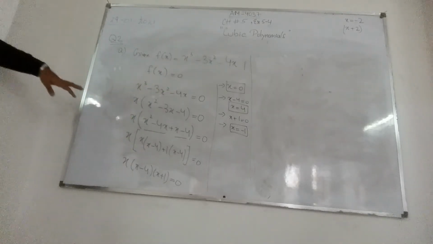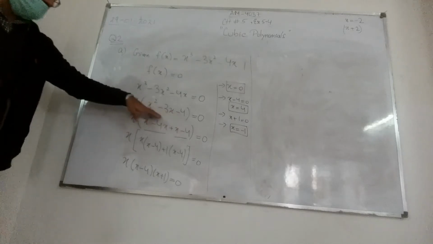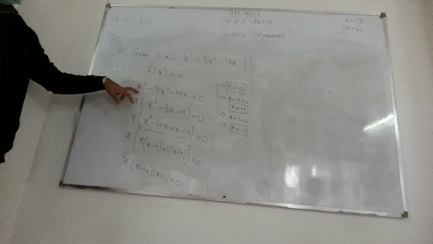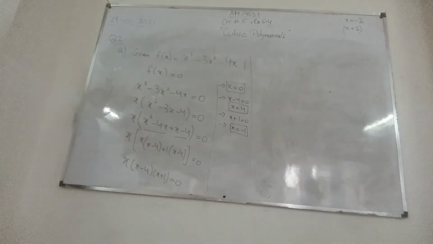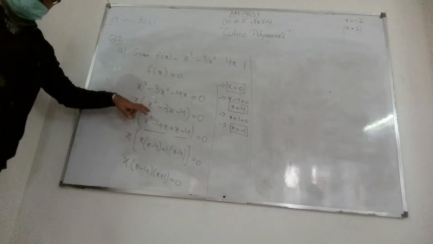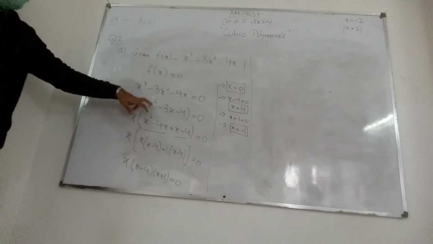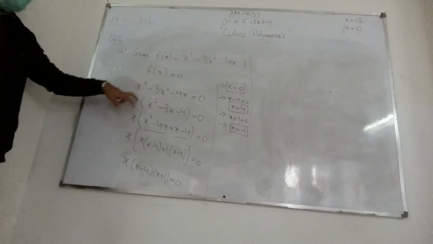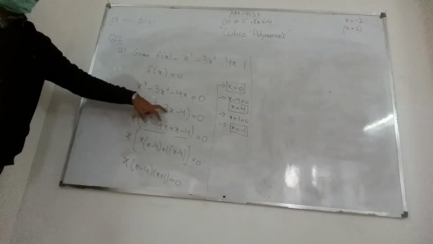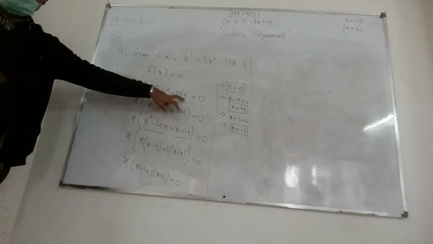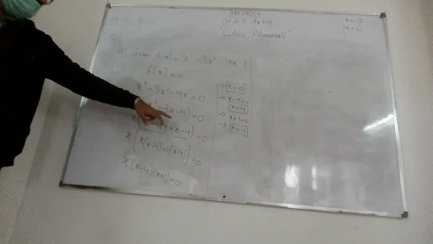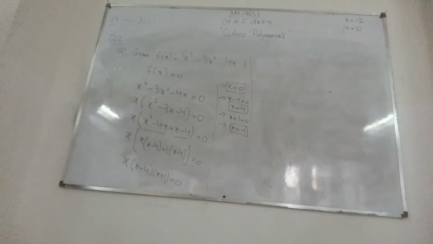When I take x as common, the remaining expression in the bracket will be x square, since x cube means there are 3 x's. If I take 1 as common, the power will be reduced by 1. So this will be x square. And then there is 3x square; if I take 1 x as common, 1 x will remain inside, so this will become minus 3x. And there is only one x in this term, so when I take x as common, the only term remaining will be minus 4. Bracket close equals 0.